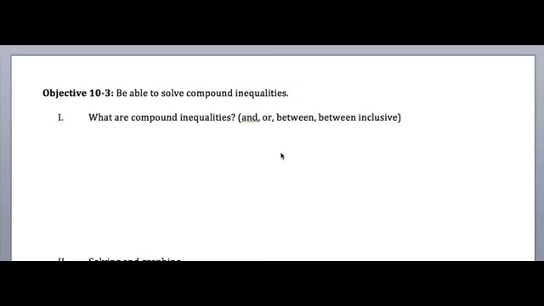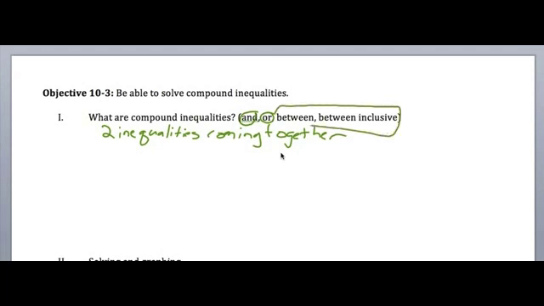Compound inequalities are the same thing. It's two inequalities coming together to form one solution, though, is the key. Okay? So they might be put together with words like this: and, or, and then these words, between and between inclusive. Those are things that you might see written in a regular sentence that tell you that you're looking at